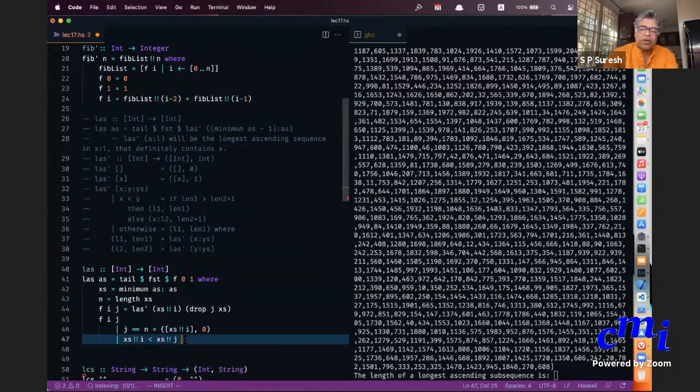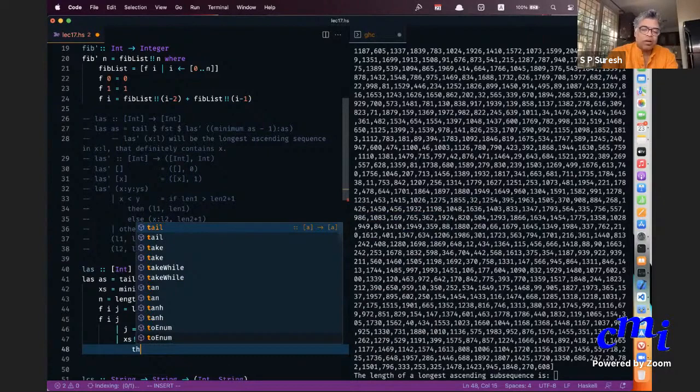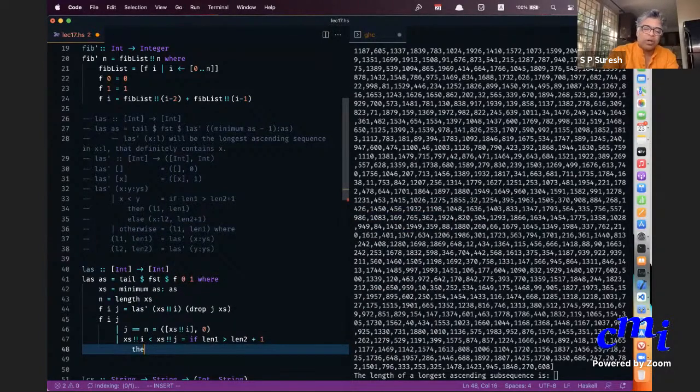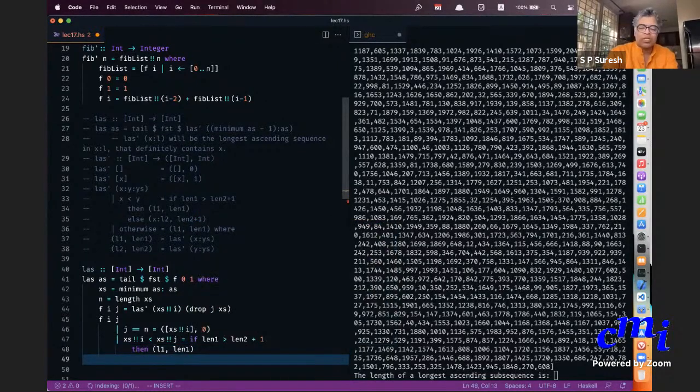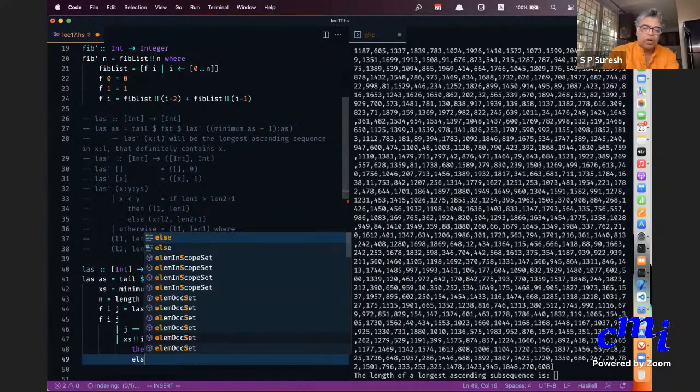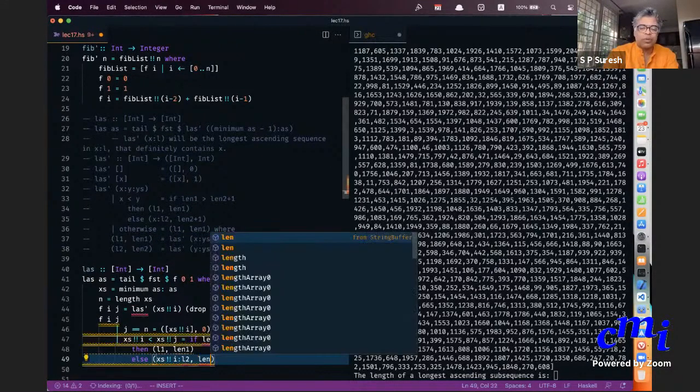If len1 greater than len2 plus 1, then you have to say l1 comma len1, else xs at i followed by l2 comma len2 plus 1.